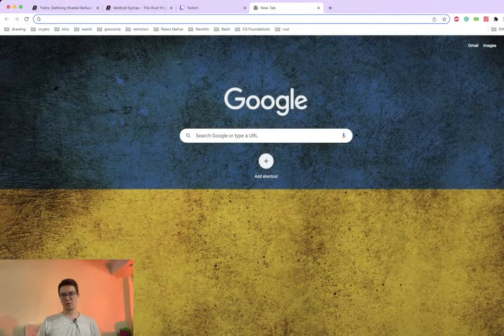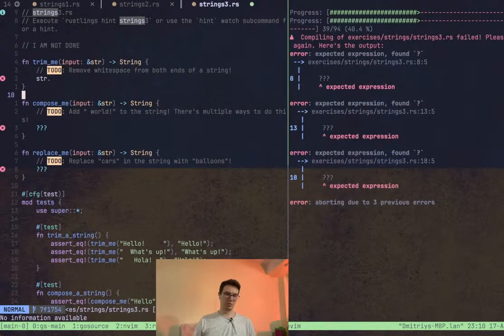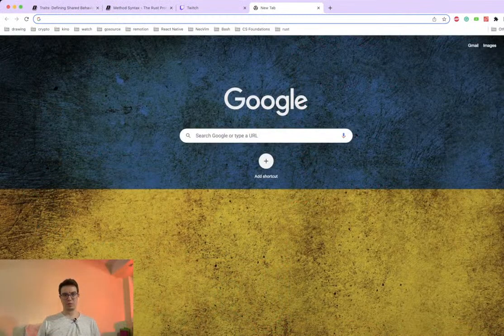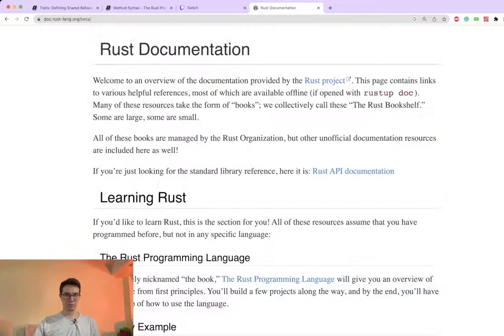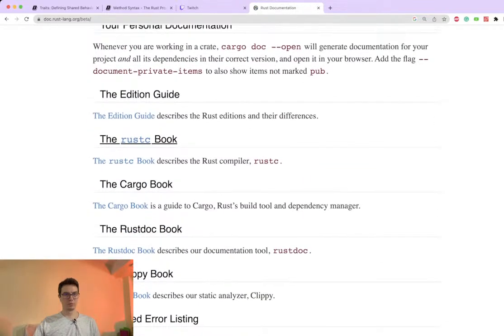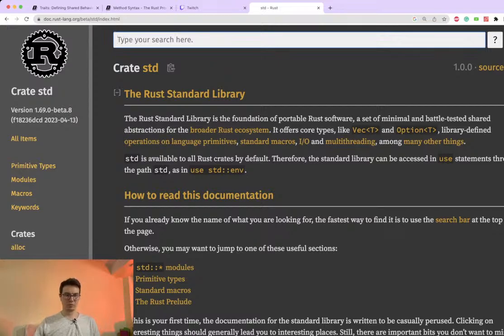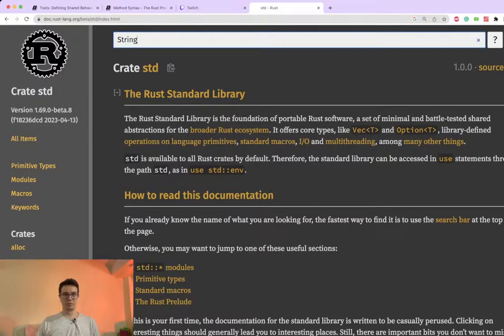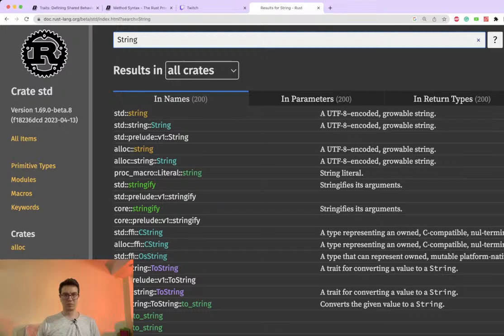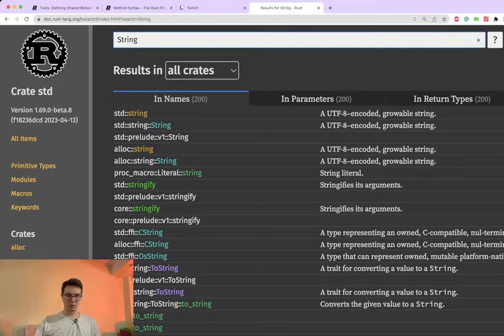So let's try to use Rust docs. And no. So